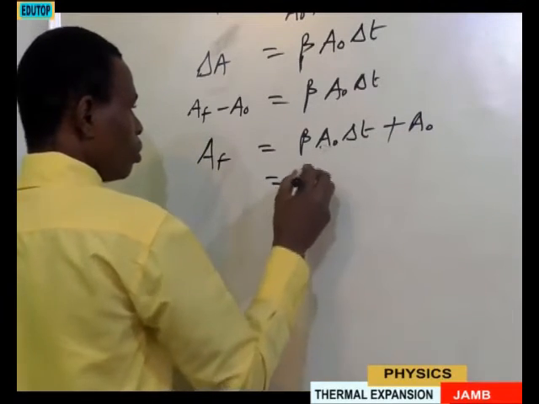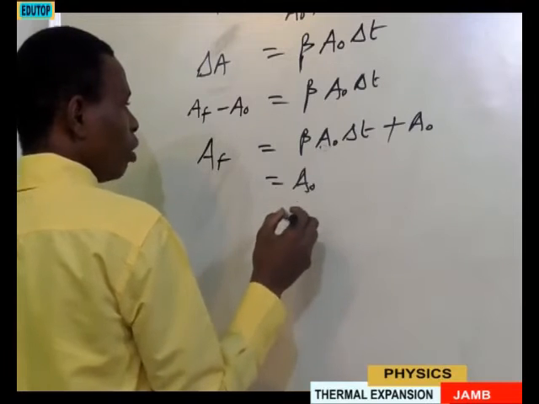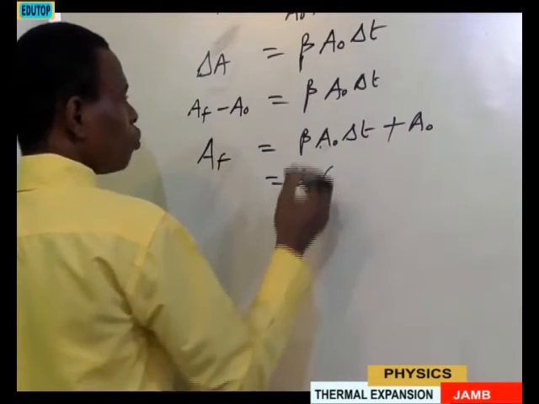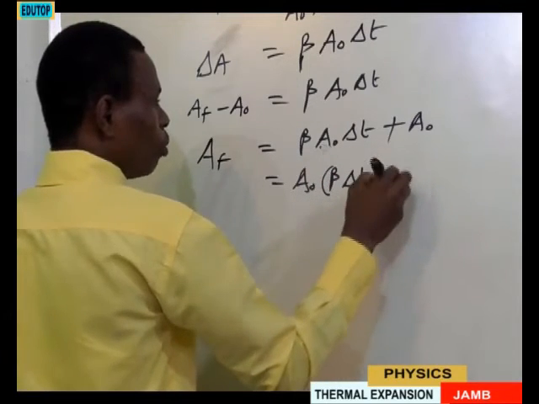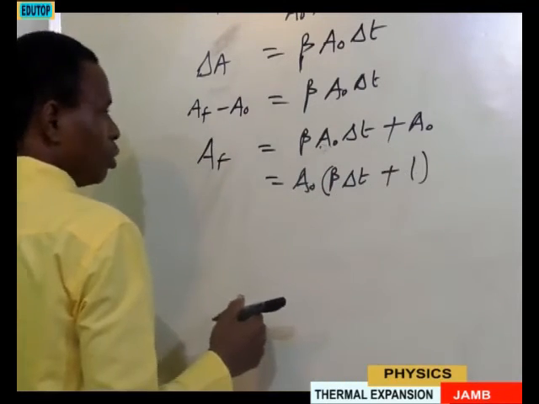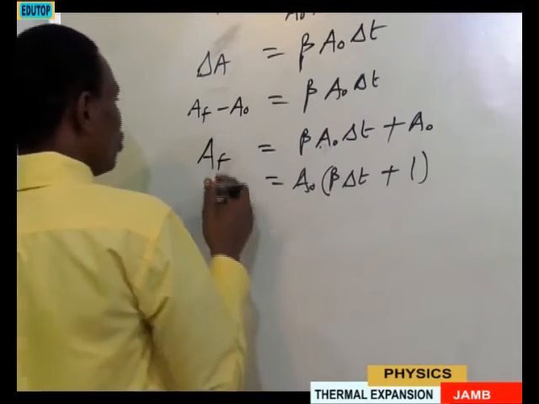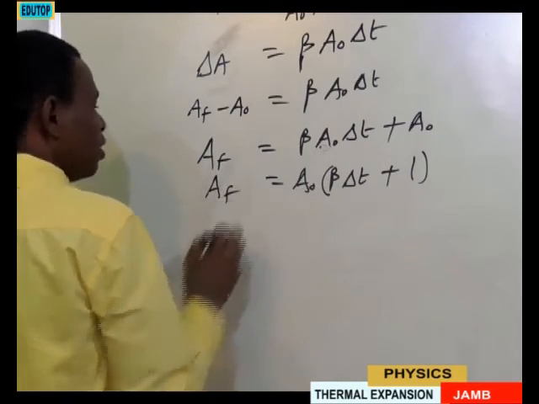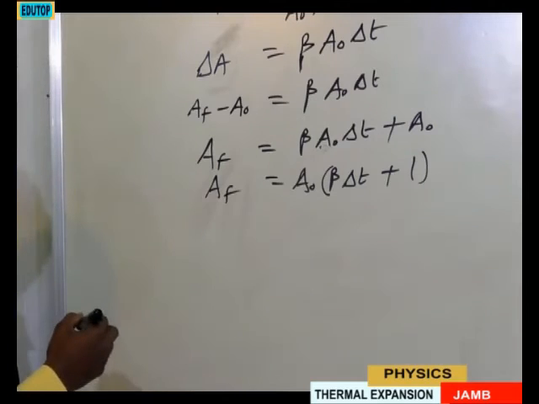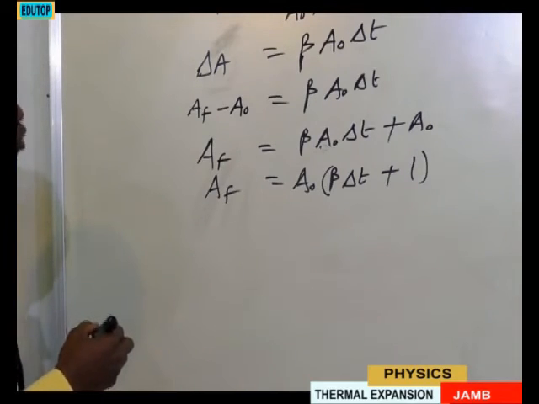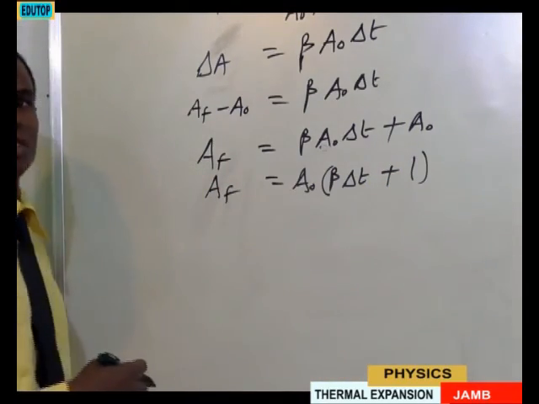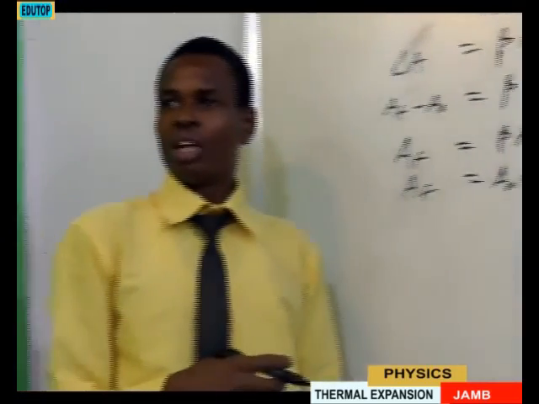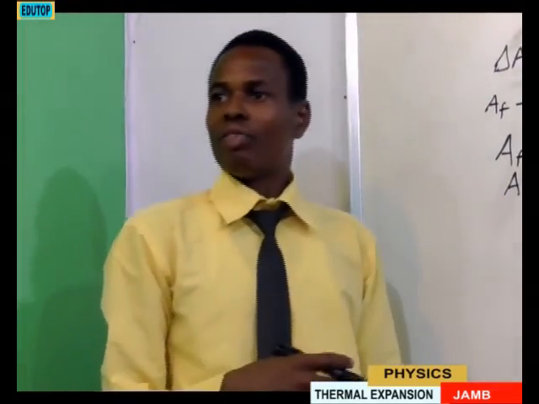A naught is common, so what you are going to have left is this plus 1, and that will be the value for final area. You can also derive a value for final temperature, the same thing we have done for linear expansivity, and that's all. Then we are going to quickly consider cubical